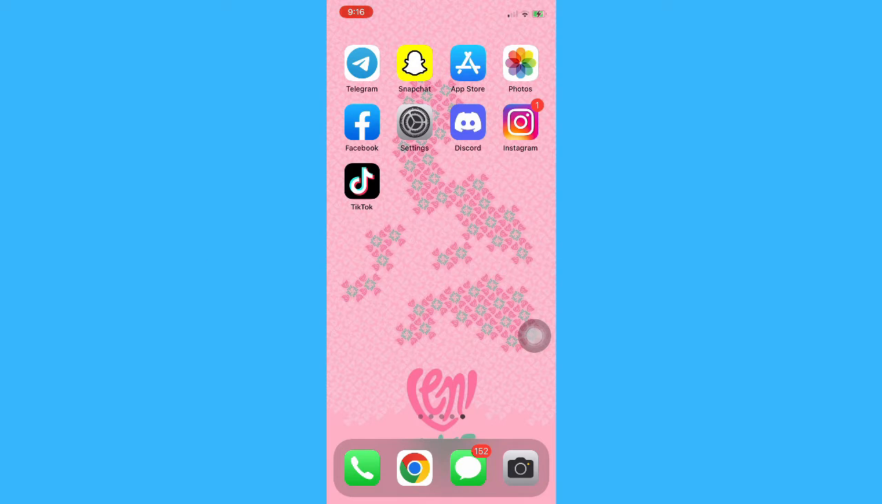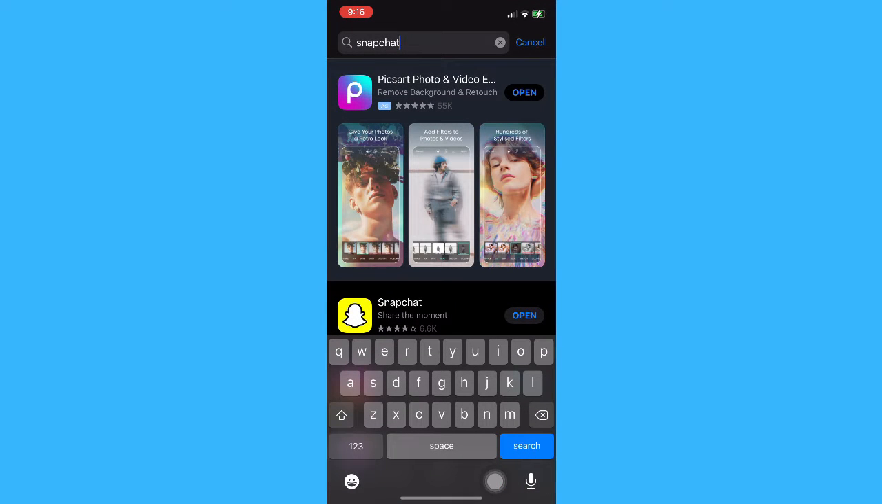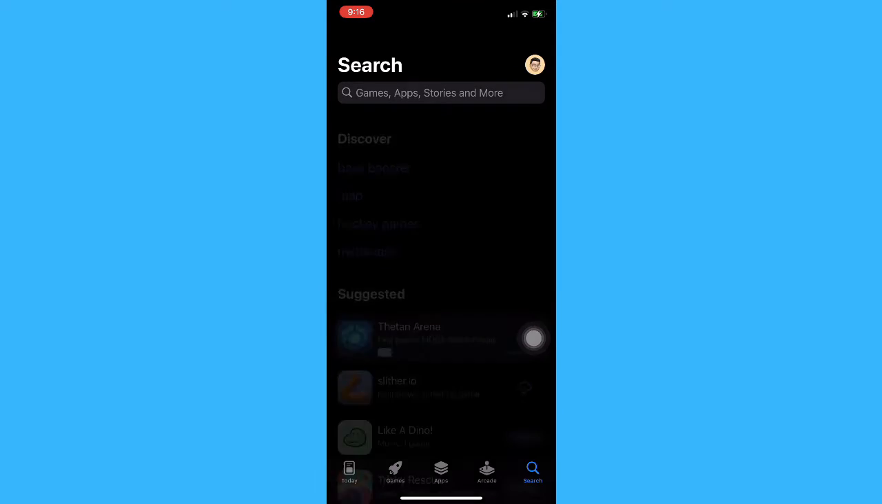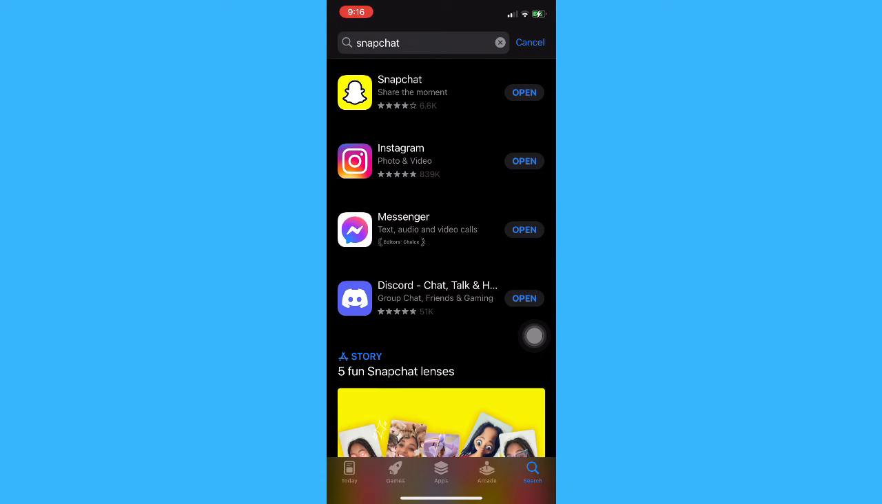The very first step is to make sure that your Snapchat app is up to date. If not, please go to the App Store or the Google Play Store and update your Snapchat app. Once you have updated your Snapchat app, you just simply open it. And once you have opened your Snapchat app, click on your profile found on your upper left corner of the